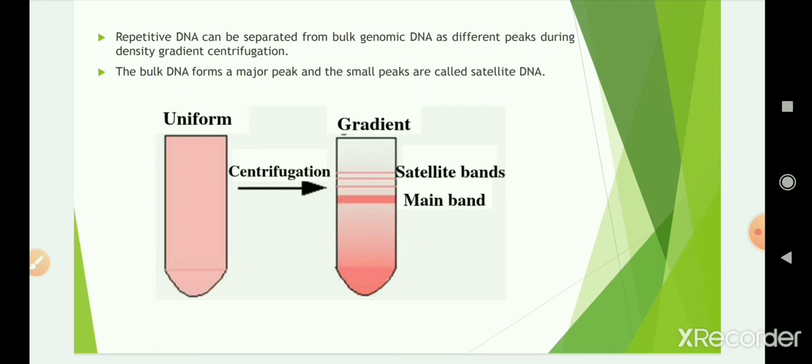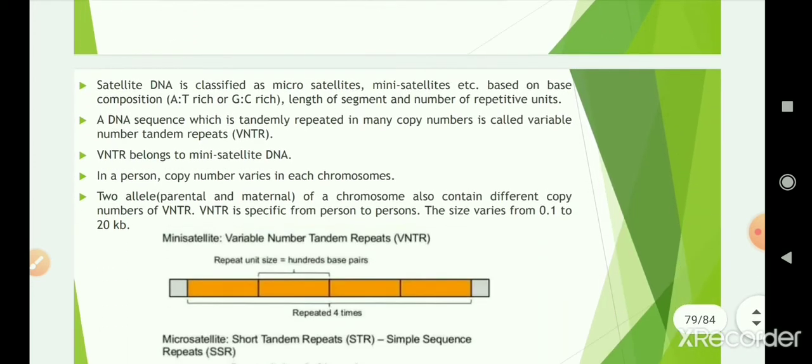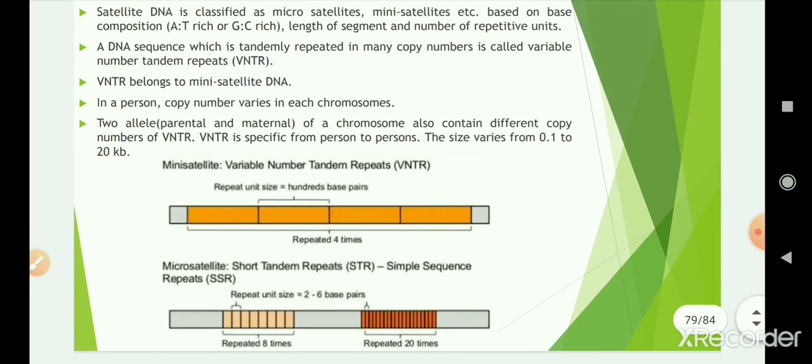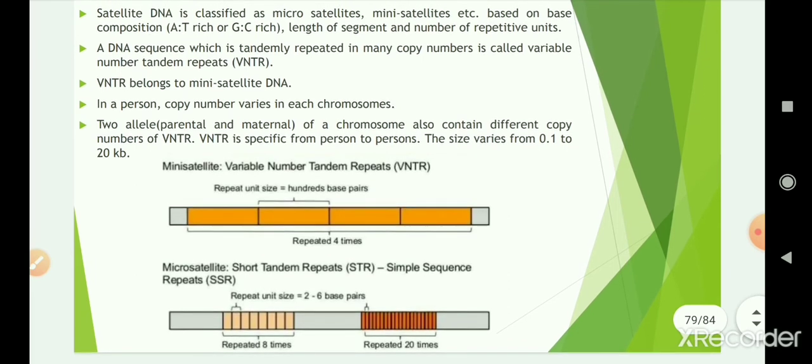If we use density gradient centrifugation, then we get different types of bands. As you can observe, we can get a satellite band and a main band. The bulk DNA forms a major peak, that dark one, and this small peak is called satellite DNA. Now this satellite DNA is further classified as microsatellites and minisatellites on the basis of their base composition,